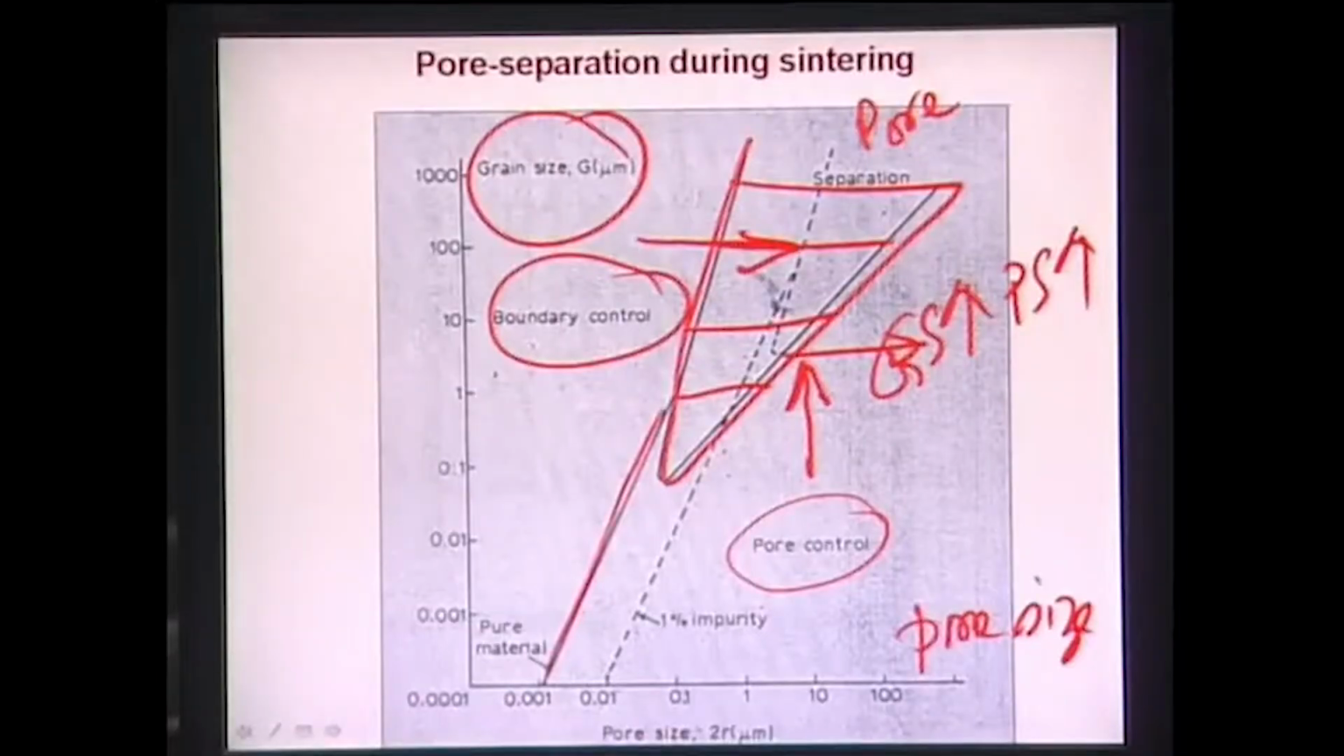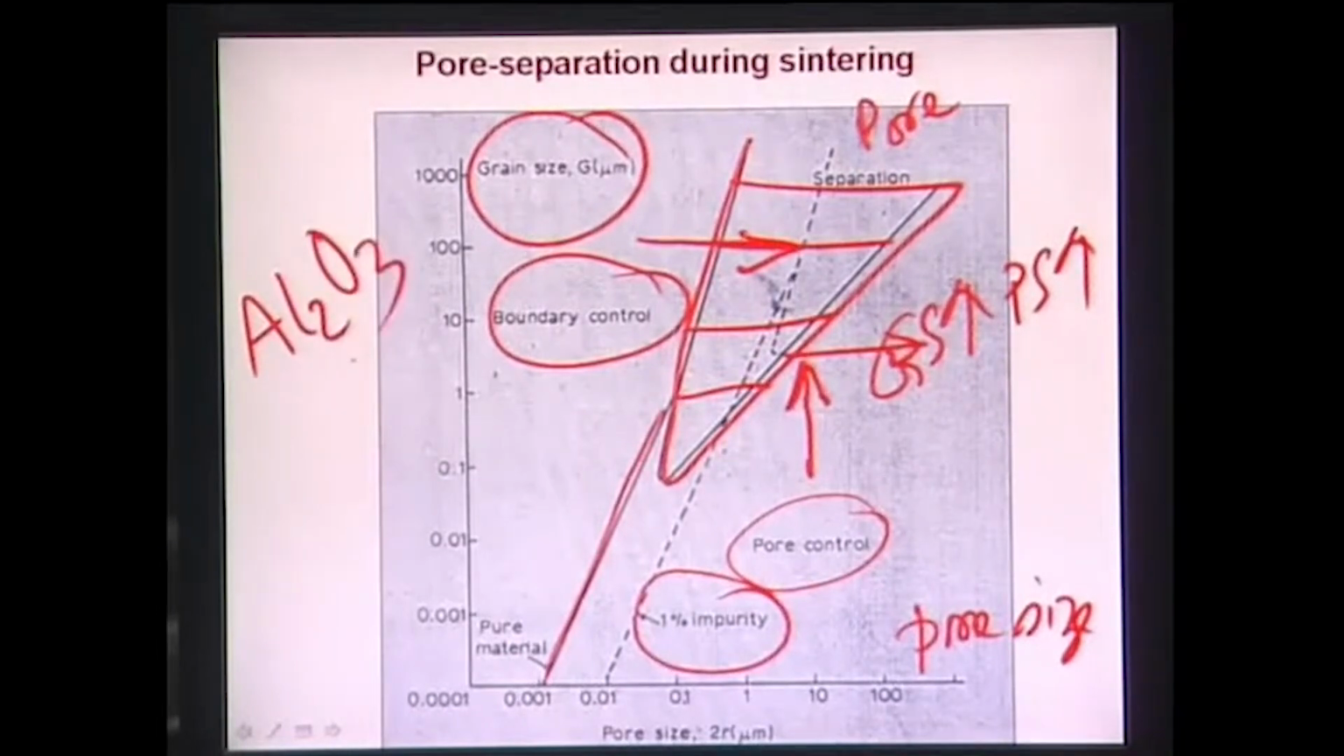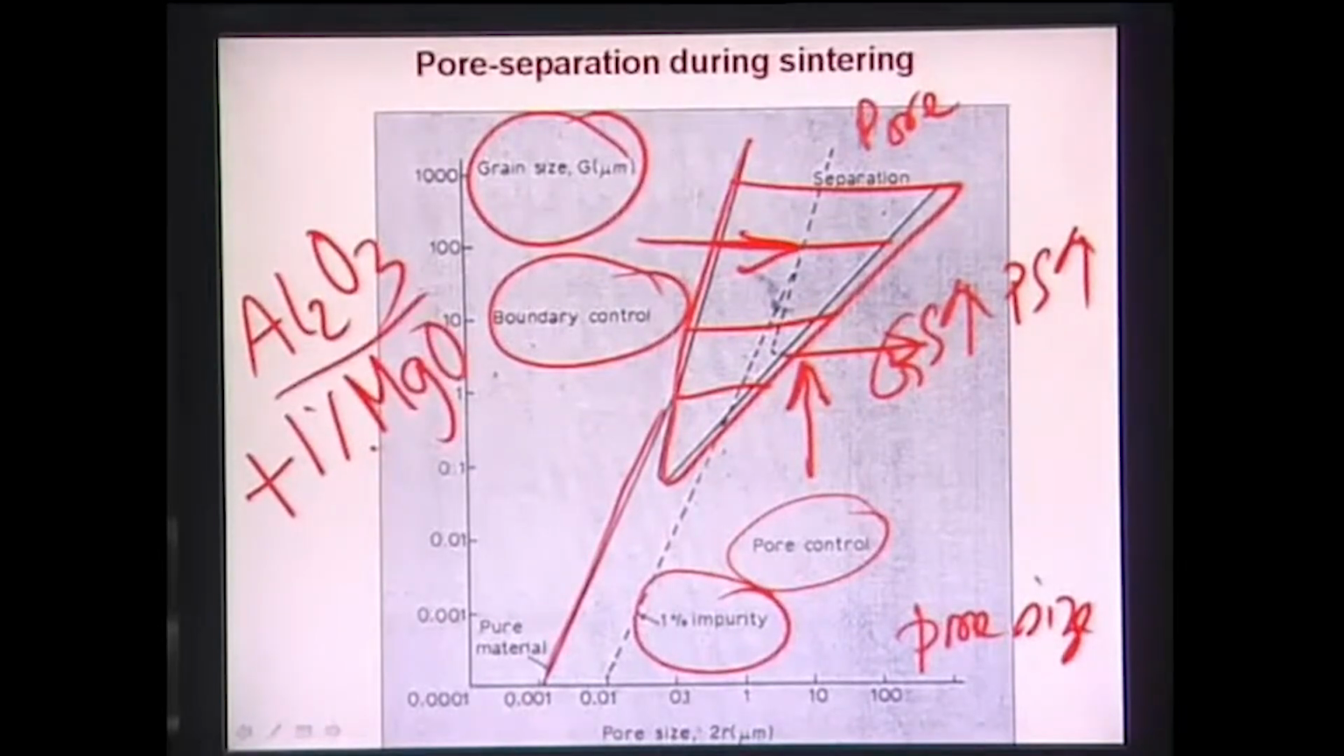Now what would be the strategy that you should adopt then? For example, if you sinter alumina, in this alumina you can add, let's say, 1% magnesium oxide. Remember, alumina is an important bioceramic because this alumina ball is used as a femoral ball head in total hip replacement. Now if you want to make alumina ceramic and you add this 1% magnesium oxide, then